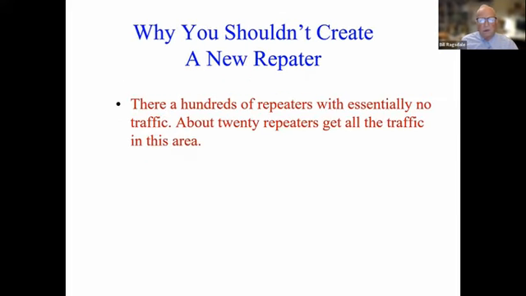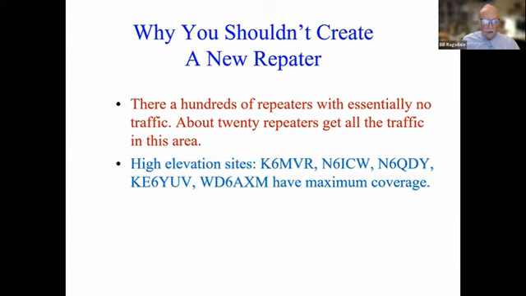Now, there are a few reasons why you should not create a new repeater. There are hundreds of repeaters in the Northern California area with essentially no traffic. There's about 20 repeaters that get the bulk of all of the traffic. Our local high elevation repeaters are K6MVR at 3,000 feet on Mount Vaca, N6ICW on Snow Mountain, that's not quite